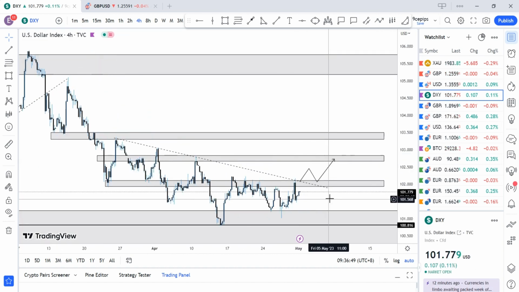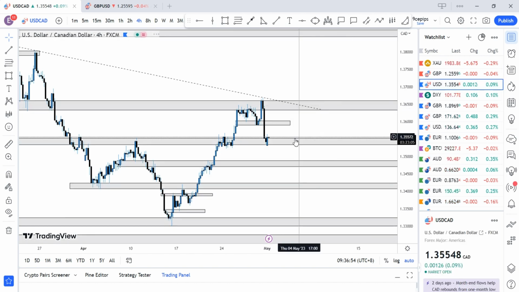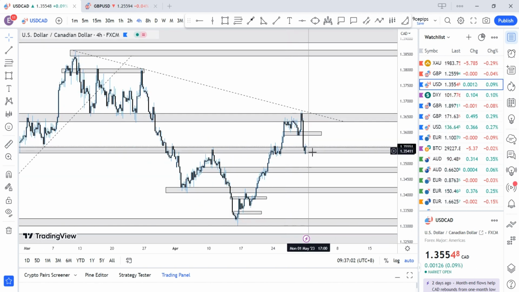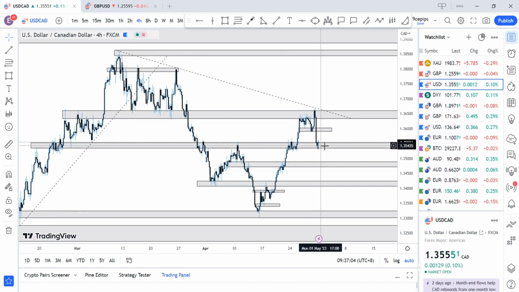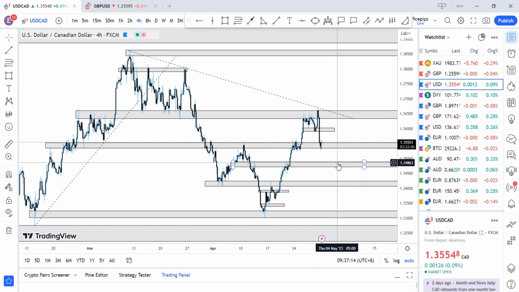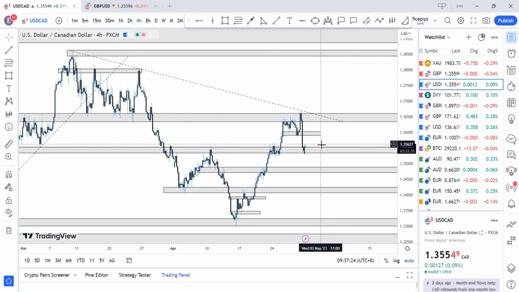But my anticipation for DXY from this region is to pull back a little bit to this region to pick up orders, right? If that happens, it means that the USDCAD will pull back to this region a little bit to pick up orders, and then we'll roll right to the downside. So basically that's my anticipation for USDCAD. If price breaks below 135.40, that's about 100 pips from these regions where it made the first move, then we'll be anticipating price to retest 1.3480, 1.3420, and basically retesting the lows it created at 1.33. So basically that's that on USDCAD.